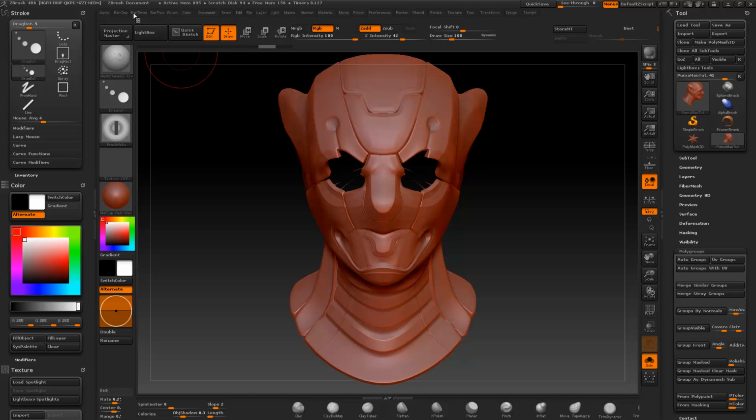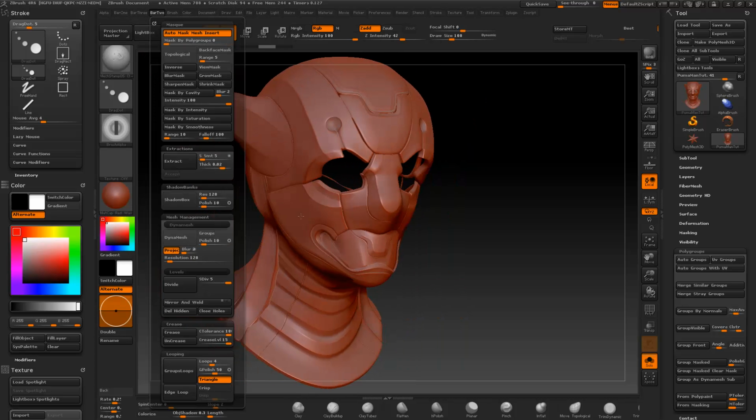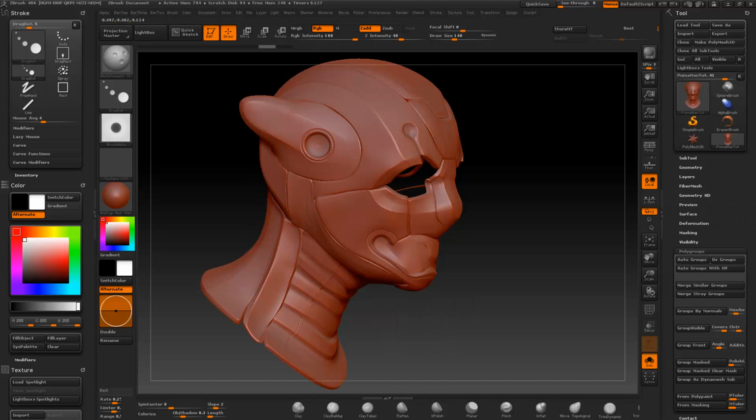Okay, the mask by polygroups. Sometimes it works with me, sometimes it's against me. But it's just important to know that it's working. And so you should turn it off if you're being driven into a corner from insanity by wondering why things are acting strange. So I'm just going to choose some of my favorites